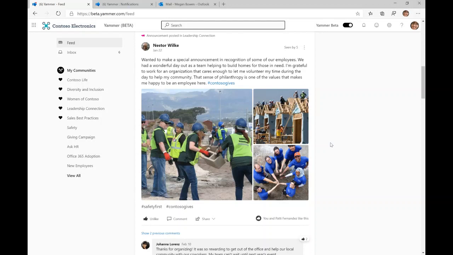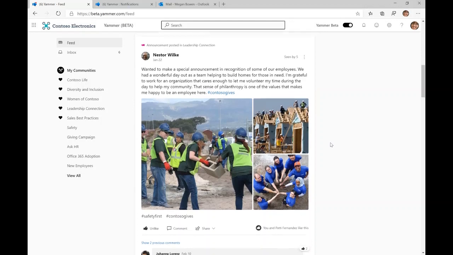So what we are doing here is bringing the powers of Yammer, bringing the information and the content from inside Yammer into your Outlook via the Outlook integration. Today, we're going to see what we launched this morning with Outlook on the web first, on how we're infusing the content from Yammer into Outlook on the web. But to be able to do that, something that all of you would need to make sure is that you have your email notifications from Yammer enabled so that you start receiving emails from Yammer.